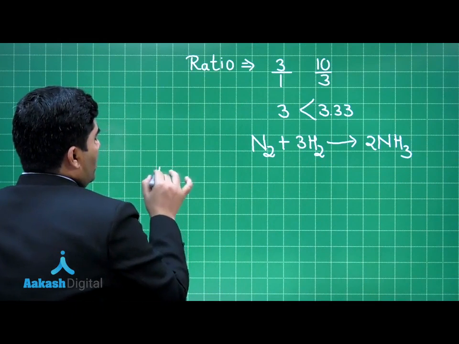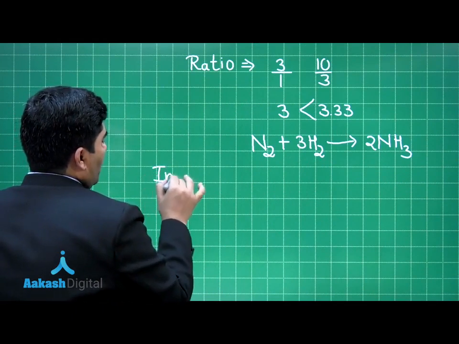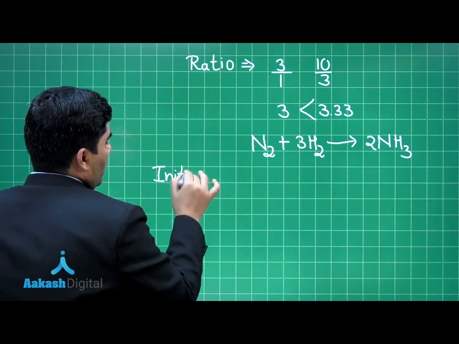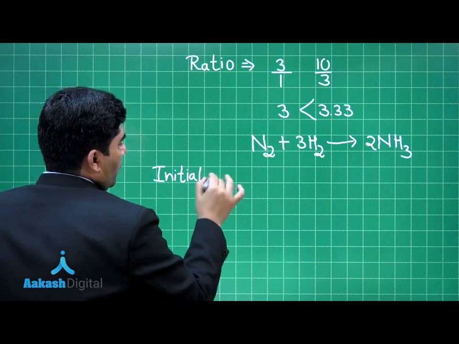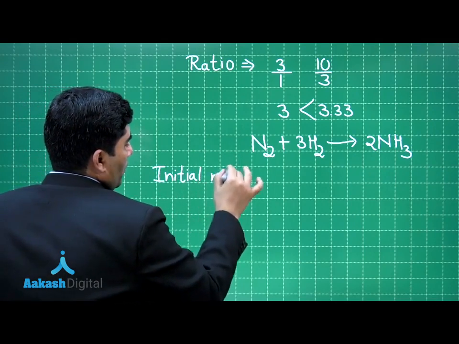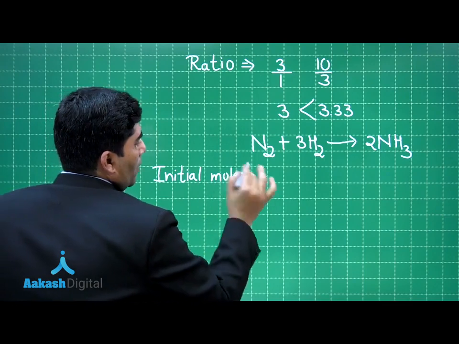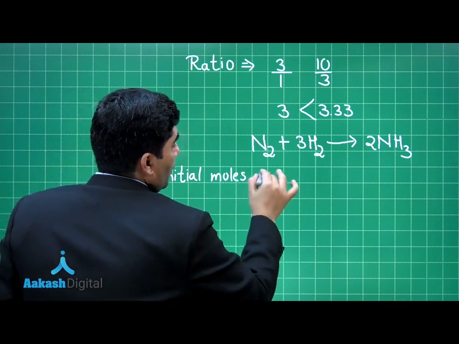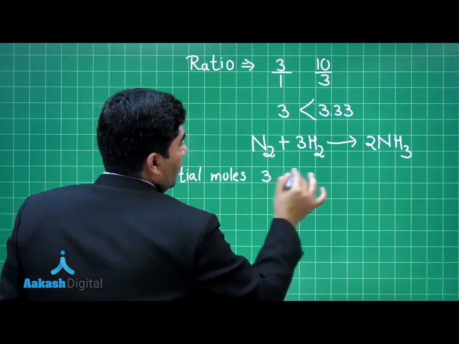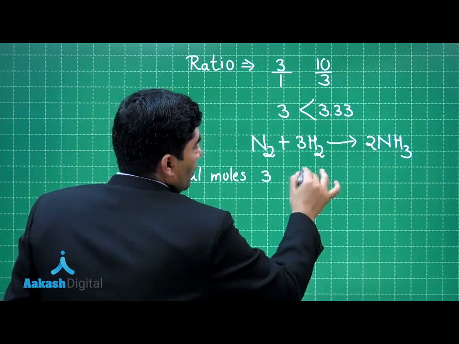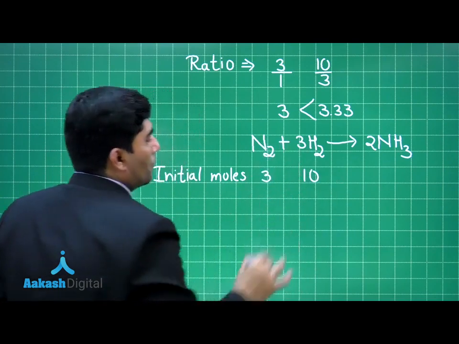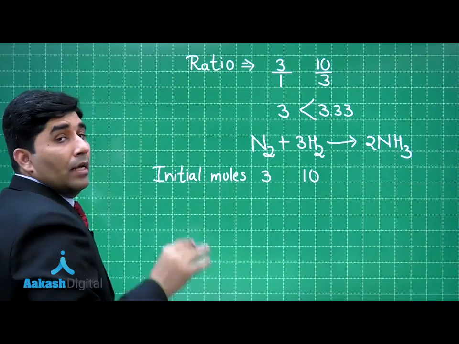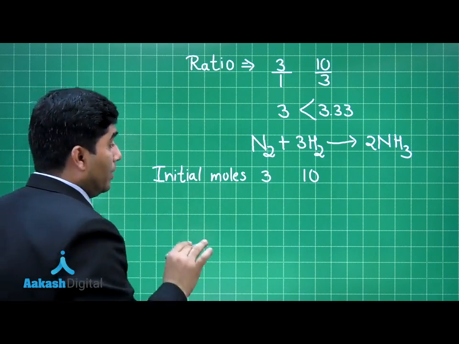The initial moles are 3 and 10. Now since nitrogen is the limiting reagent, therefore